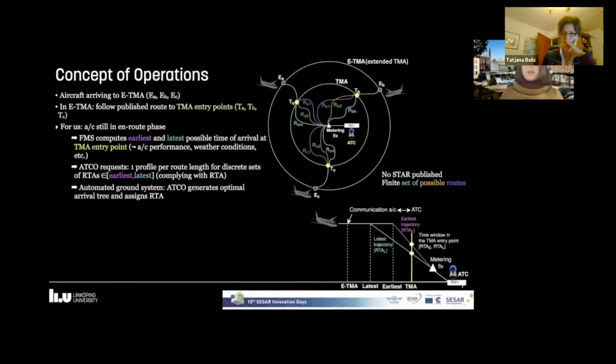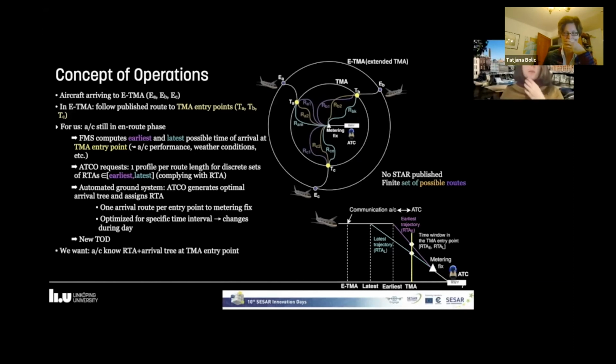When the controller receives them, the automated ground system will compute an optimal arrival tree and assign RTAs. So we have one arrival route per entry point of the metering fix. All aircraft follow the same route from that. And it's optimized for a specific time interval, so it will change during the day. It also means that we assign a new type of descent. So what we want is that when the aircraft arrive at the TMA entry point, they know the RTA and they know